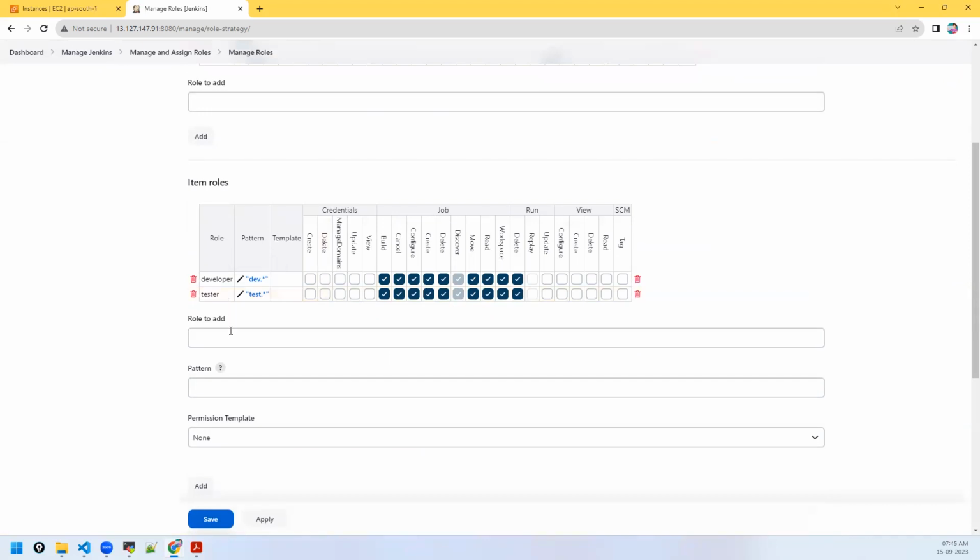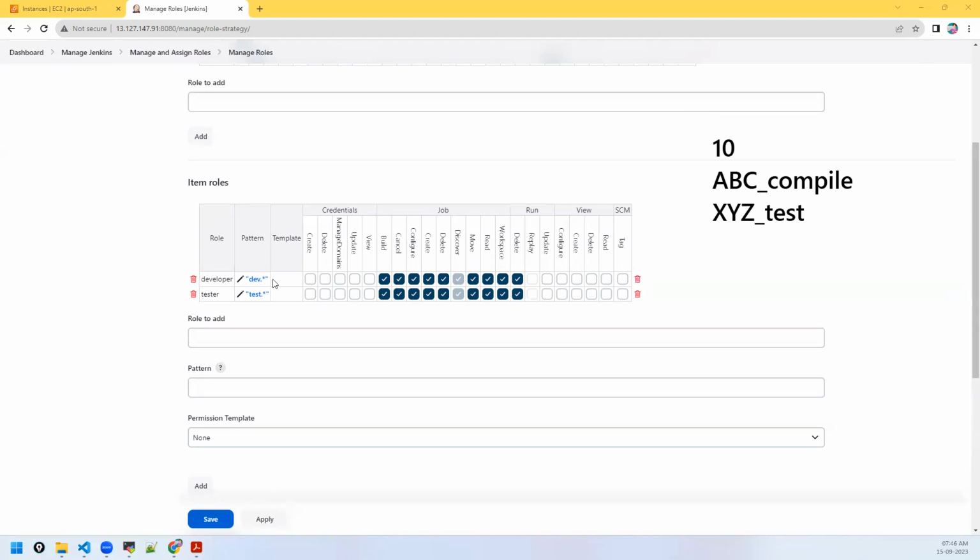In real time, how would the naming convention be? That's what I just said. Like you have 10 projects, and let's say in each project you may have 5 jobs. There may be a prefix with a job. Like one project name is ABC compile, or else another project name is XYZ test job. Your job name could be prefixed with a project name. Accordingly, you can write the pattern. You can refine them